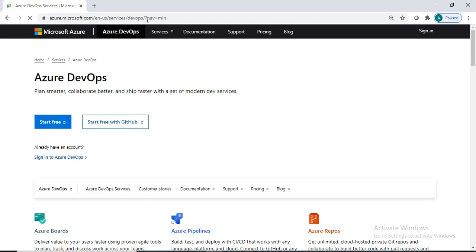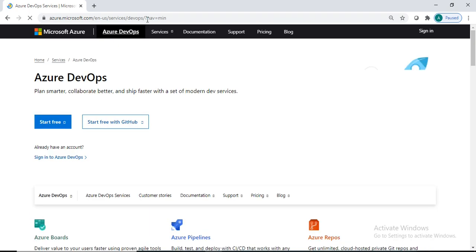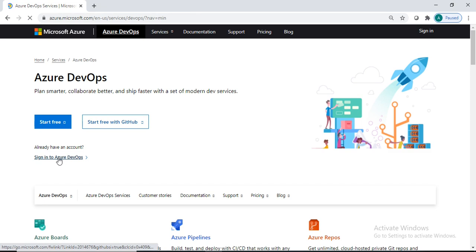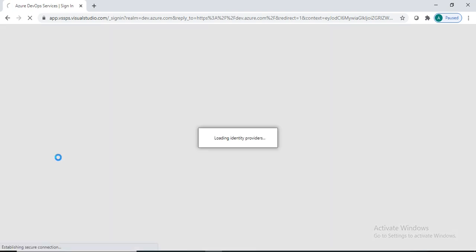So this is redirecting to our home page. As we have an earlier account in this, we can log directly into Azure DevOps. So I already have one account.